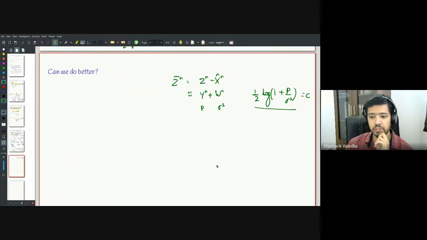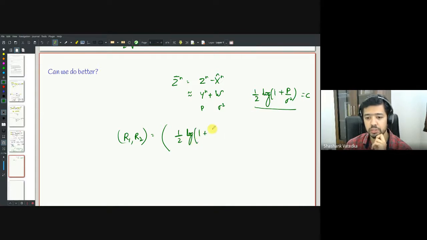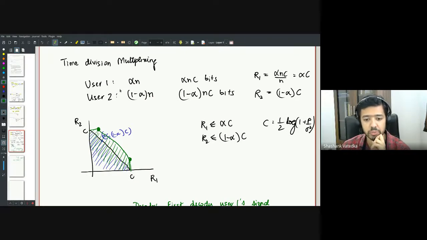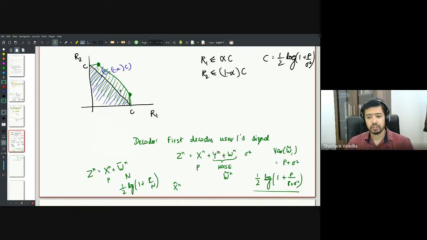Correct? So now it is possible to communicate at rates half log 1 plus P over P plus sigma square, comma, C. This essentially corresponds to the corner point over here. And similarly, just using a symmetric argument, you can achieve a point over here. And now that you know how to achieve these two, any rate can be achieved using this time division multiplexing kind of approach. This was probably a bit fast, but the only take-home message is that